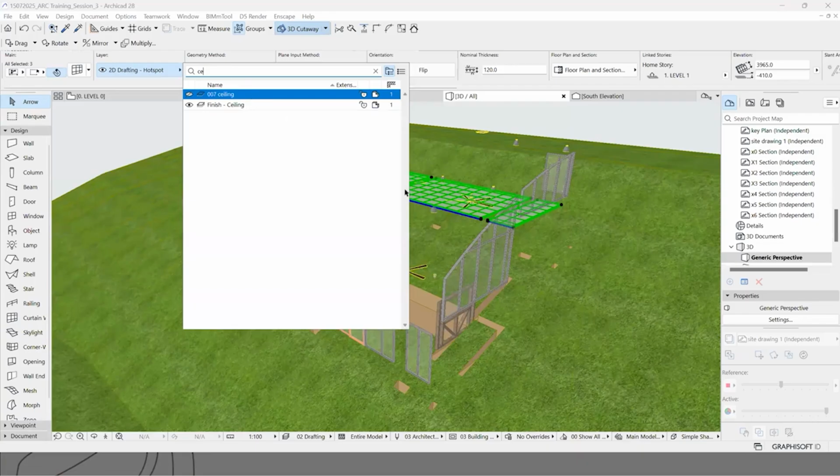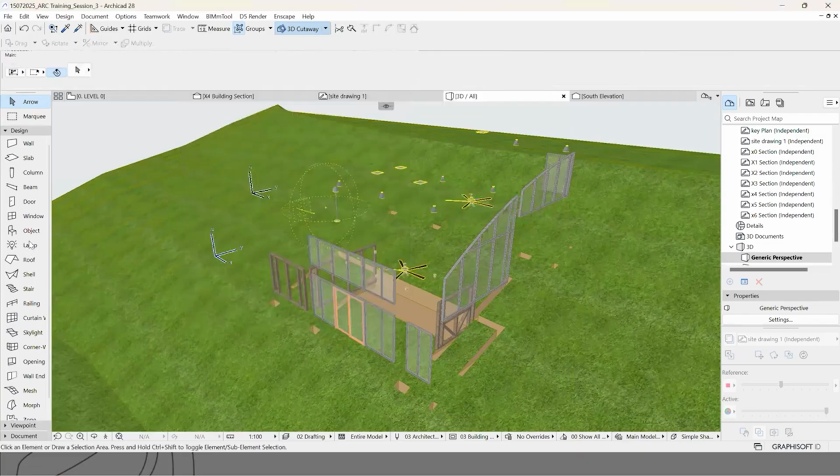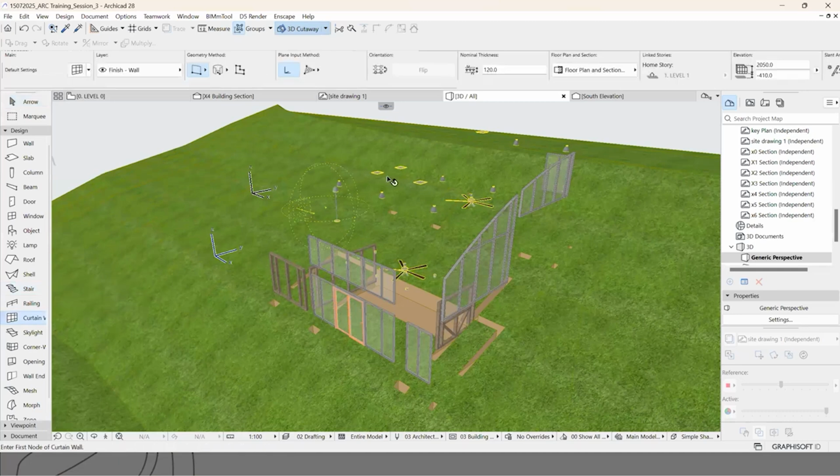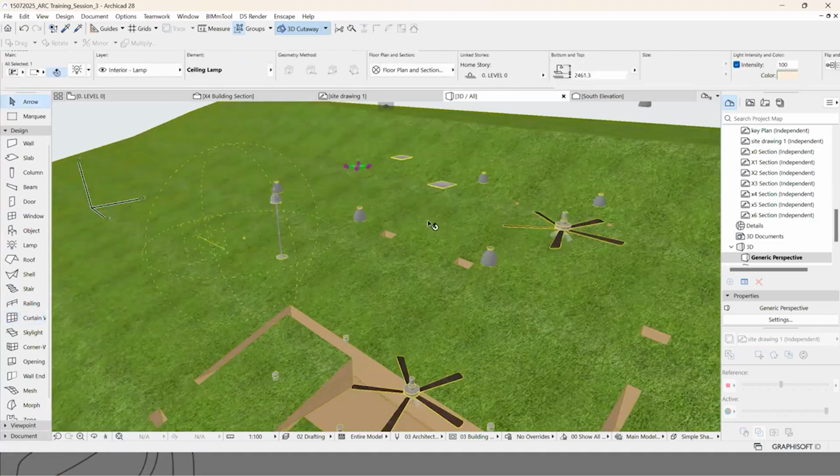So select ceiling here, and that will be assigned. Now you have the rest of the curtain walls. So you can go for the curtain walls here and then assign that to facade. So this is a way of connecting those elements here. As you see, the older elements, like all the light equipments and all the things that are already part of the layers,